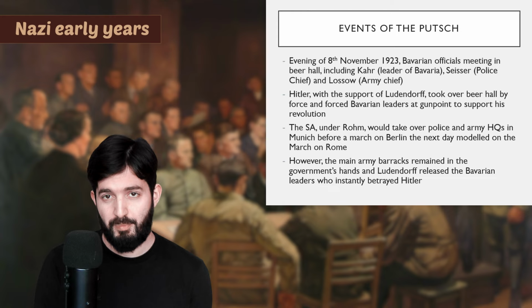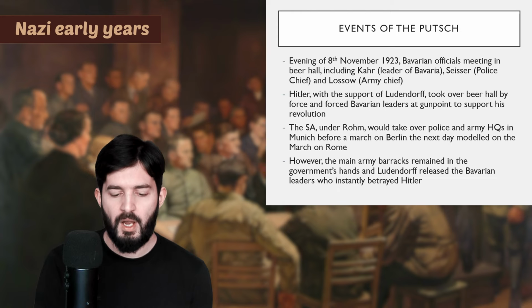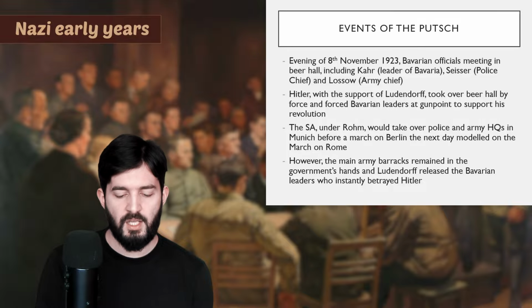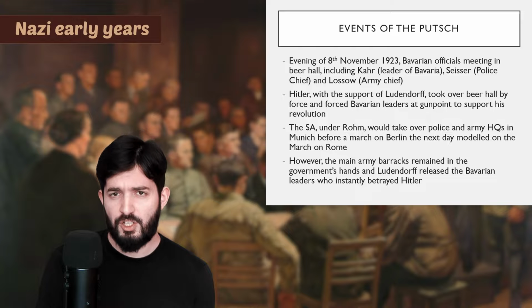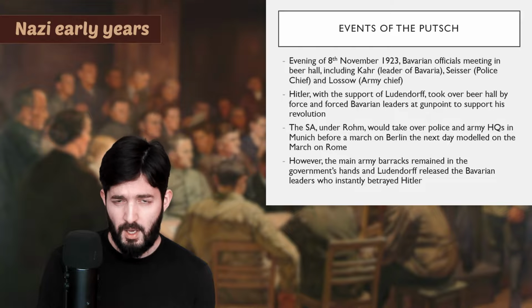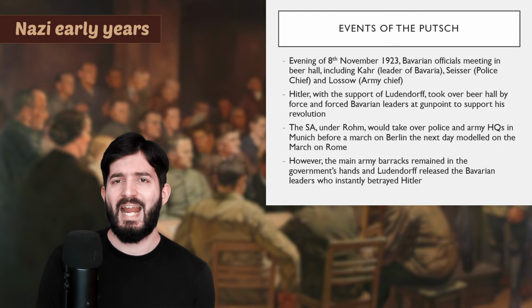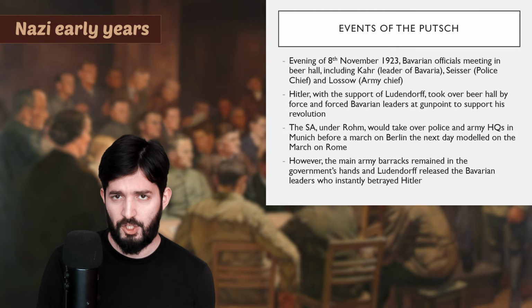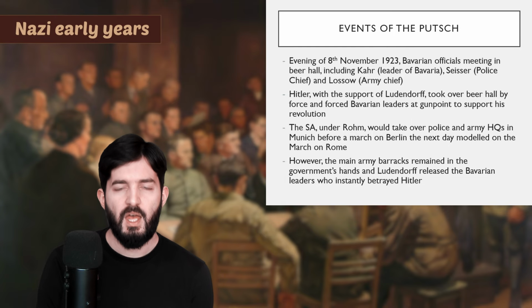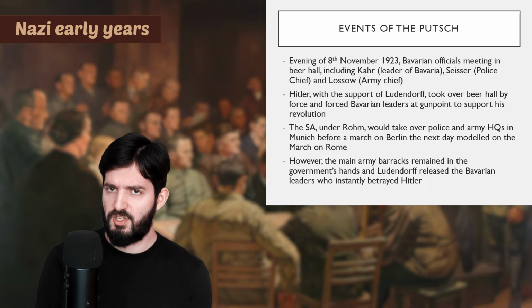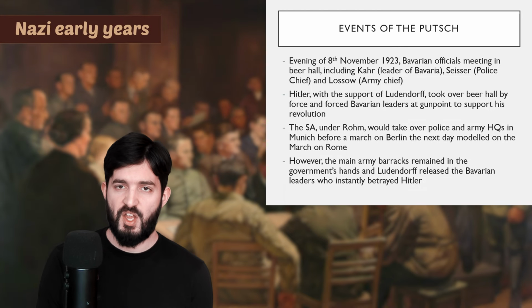So he enters this beer hall while this event is going on. He enters it with some of his SA guards who are all armed with machine guns, and he takes over the beer hall by force, and he then takes the 3 leaders of the Bavarian government hostage at gunpoint, and he then makes them support his revolution to try and overthrow the German government by sort of starting a revolt from Bavaria. Now, obviously, being forced to do this at gunpoint, the 3 men then agree to support Hitler's plan,